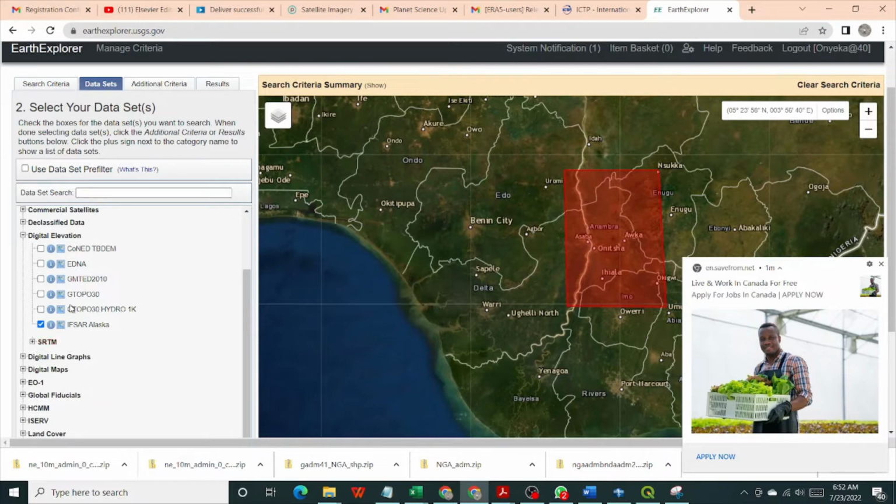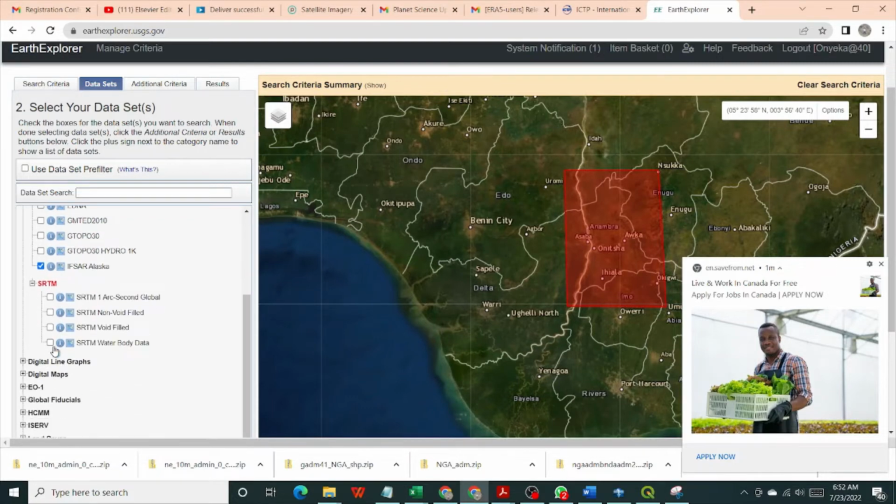Now, SRTM, you're interested in that. You're not interested in the TB then, EDNA. So ignore those ones. You select that. Of course, you select SRTM. With SRTM, you have to define the one you want. There are different classes there. You have SRTM 1 arc-second global, which is what you collect. Click in front of that. It's selected. Then SRTM non-void filled,